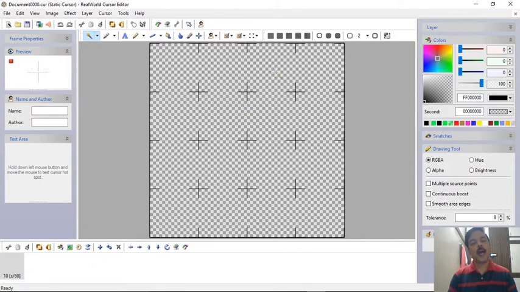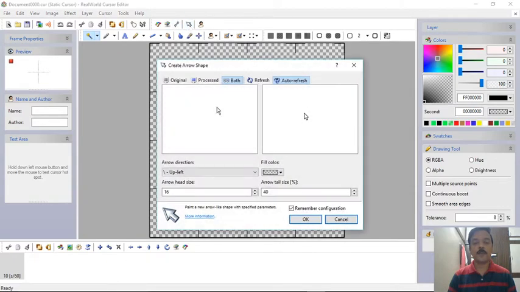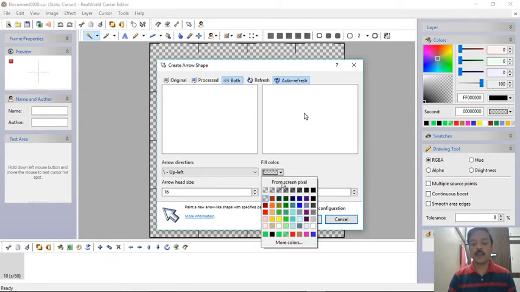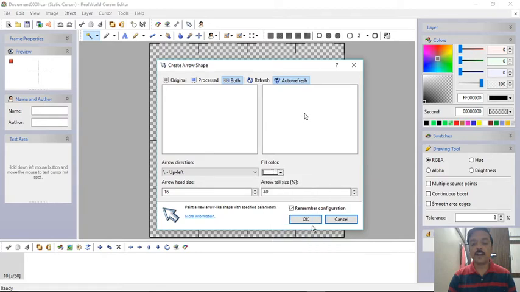Okay, so I'll need my cursor, and in addition to that, I'll need to have some highlighter. For that purpose, I'm choosing a cursor from this list of options available. I'm choosing this, make an arrow shape. Okay, it is asking me what the head size is, what the tail size is. So we'll keep it as default. I'm only going to change the fill color. I'm trying to keep the fill color as white. A full-fledged, complete white cursor I am choosing, and I'll click on OK.